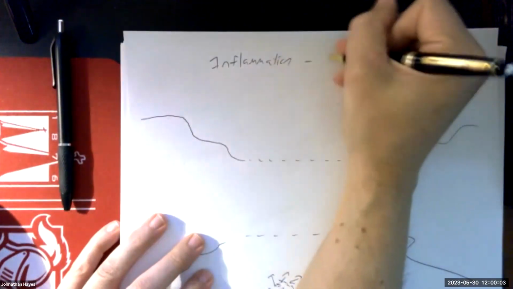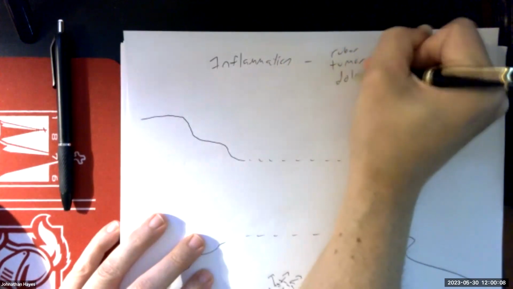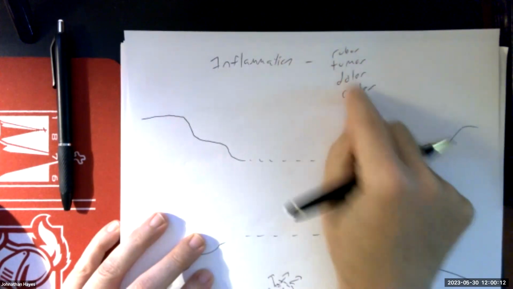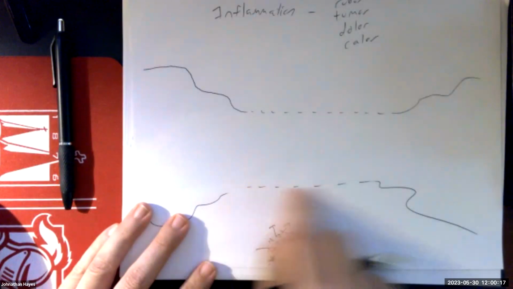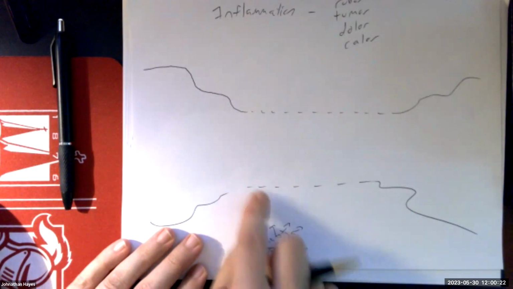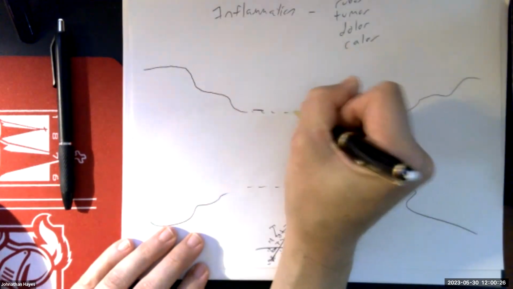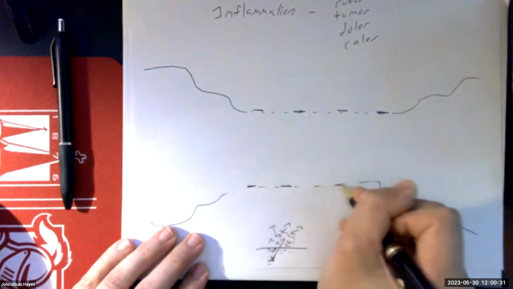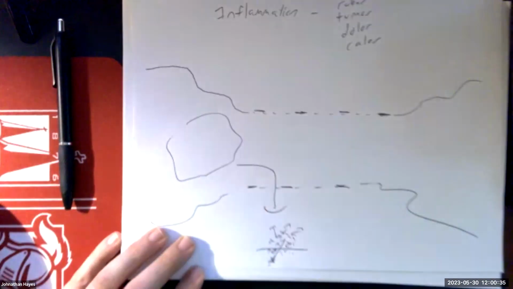And if it's real bad, 5, but you get rubor, tumor, dolor, and calor, right? Redness, swelling, pain, heat. And usually the reason that happens is because these capillaries are going to change. They're going to become more permeable. So some of these spaces are going to kind of disappear. So I know the spaces are still here, but the spaces are going to become much wider. And what that's going to do is allow things like your white blood cells to get out